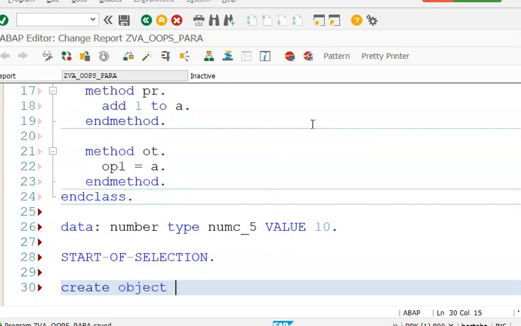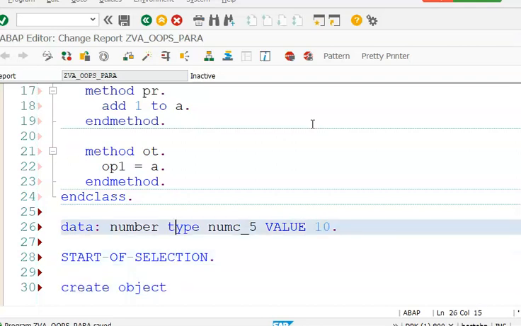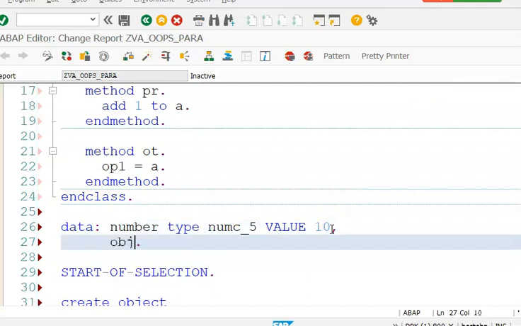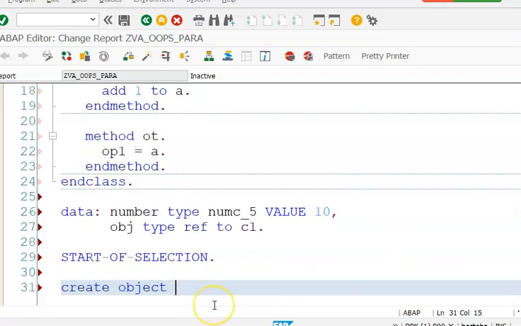We also have to write obj type ref to c1. So you can have any name for the object, as you already know. So create object obj,